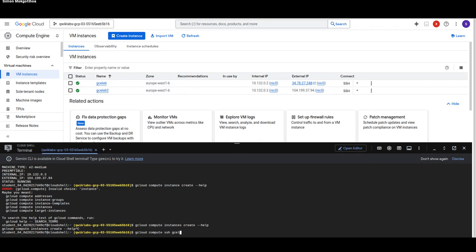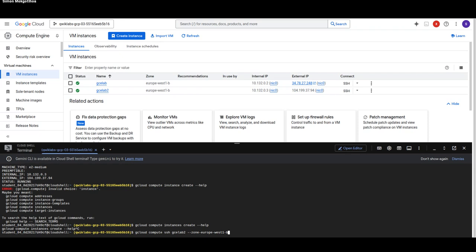GCE lab 2. So this is just so we can configure our second instance. Europe West 1B. Yay.